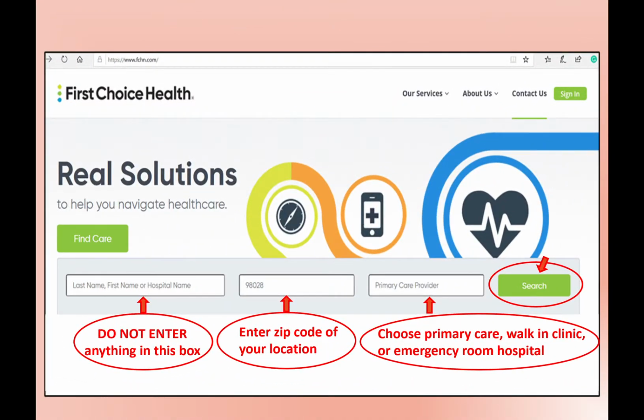It will then take you to a search feature page, and in that first box, you are not going to enter any information. You are going to leave that blank. The next box will ask for your location, and it's best to use the zip code of where you are in that box. The next box will ask for what type of doctor you are looking for. So you are going to type in either a primary care doctor, which is a general doctor, a walk-in clinic, or urgent care clinic, or if you are looking for a hospital, type in hospital. Click search,